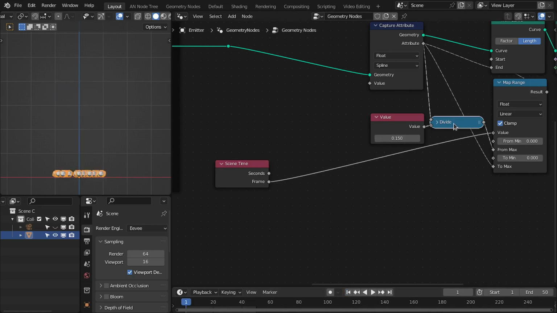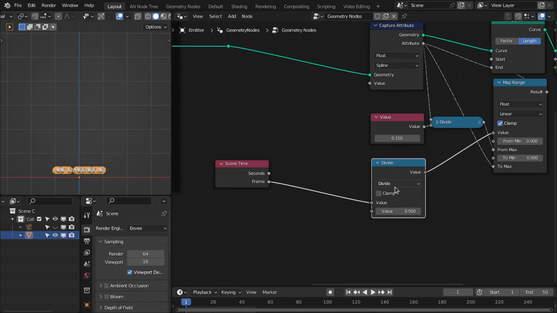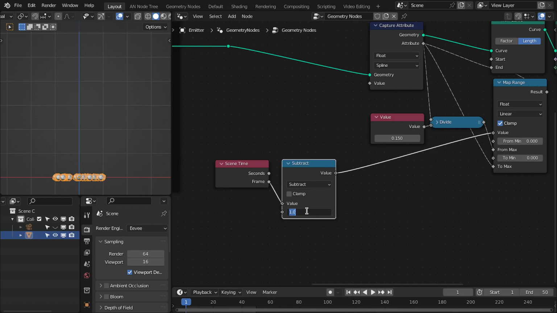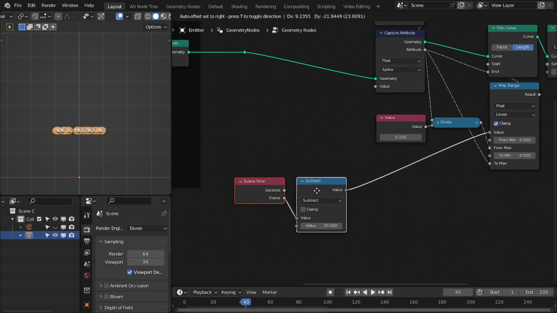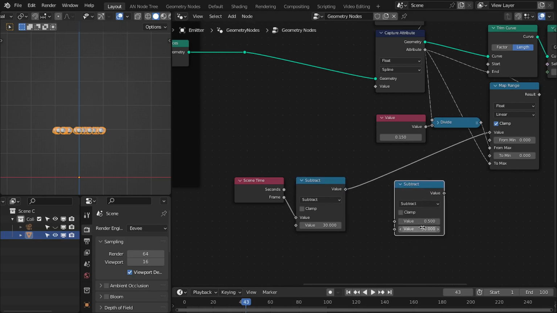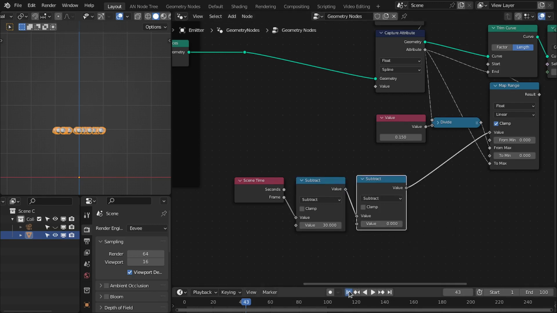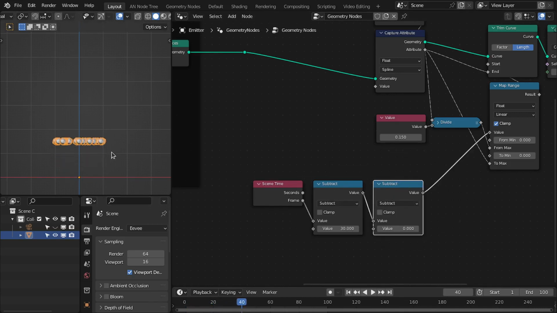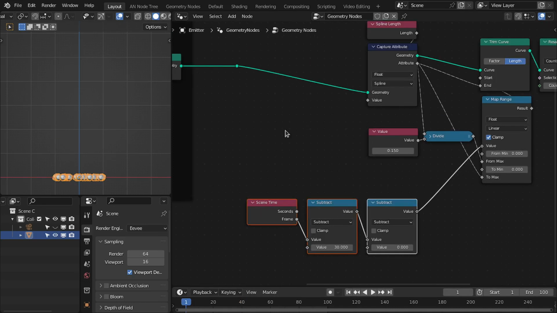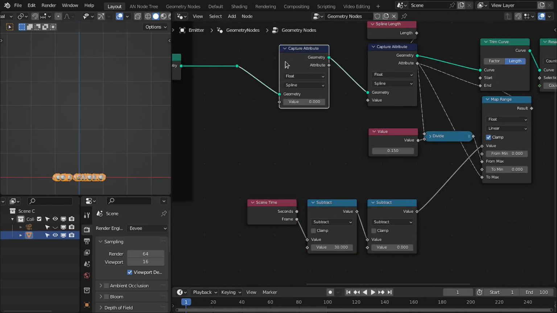So to control this, let's add this math node and change this to subtract, and here we can define our start frame. If I type here suppose 30 and change this to maybe 100, now they will start after the 30th frame. So this is our start frame, and next thing is all these particles are starting together from the 30th frame. I want each particle to have a different start frame, so for that we have to capture the random value